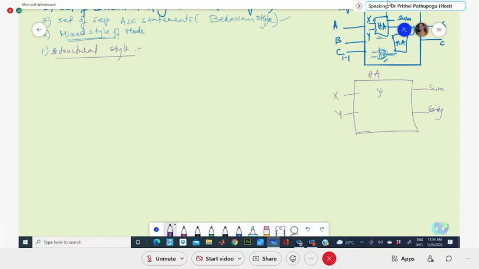What is this? This is your XOR gate, no? And this will be your AND gate. So directly, these elements, I can take from the library, because I don't need to design an XOR gate or AND gate again, as these elements are already available in the library. So these will be the components that you call from the library, the IEEE library, already stored constructs.